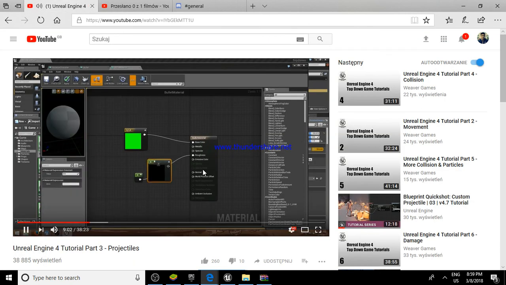Specular is, if you've ever programmed sort of maybe